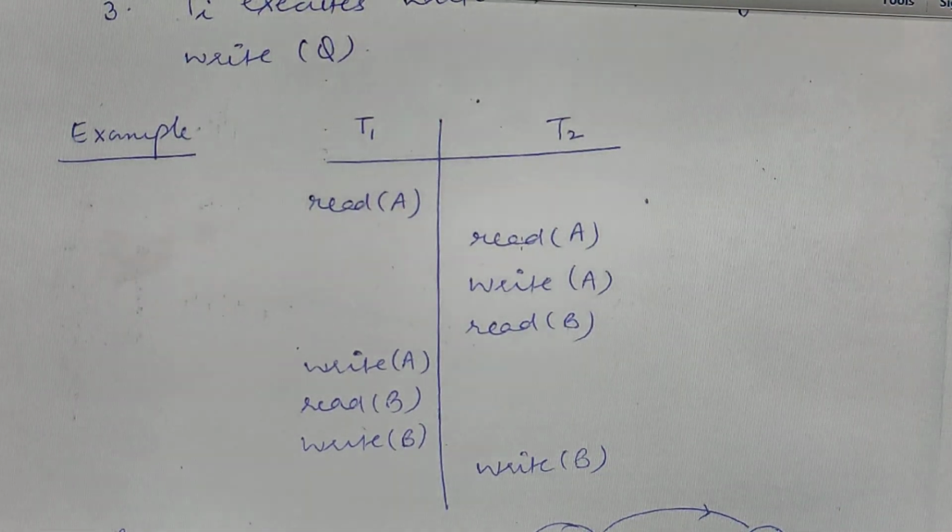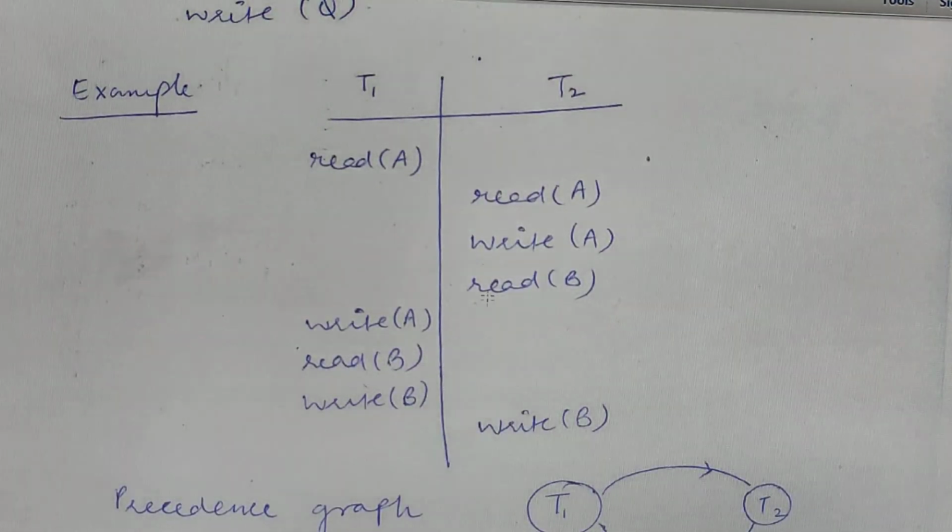Now next, this read A and this write A will conflict. T2 is executing a read before T1 will execute a write. So we will draw an edge from T2 to T1. Now this write and this write, again T2 is executing before T1, again the arrow will be from T2 to T1. This read before this write of B will also make an arrow from T2 to T1. No other arrow I can think of that we can draw here. So this is the precedence graph for this particular schedule.